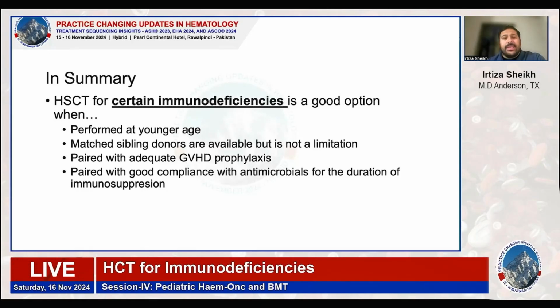What I mean by that is, yes, these patients are either on tacrolimus or cyclosporin, but these levels should be followed closely. There should be a strict adherence. Patients should be compliant. They should not be contributing to end organ dysfunction, especially in the cases of tacro and cyclosporin. And lastly, in patients that we're trying to prevent GVHD with these immunosuppressive agents, there is a need for great compliance, I would say, with antimicrobials for the duration of immunosuppression, and in some cases even past that mark,